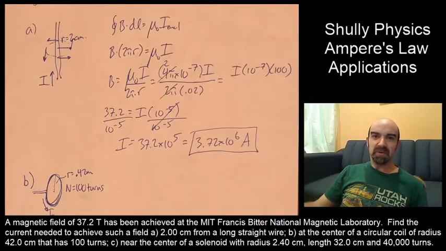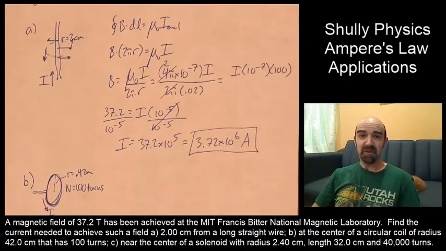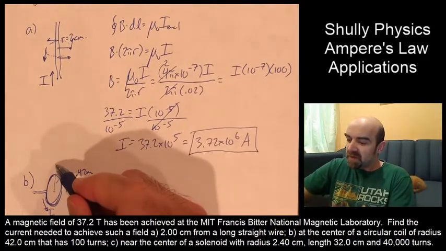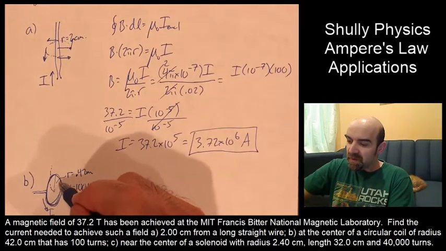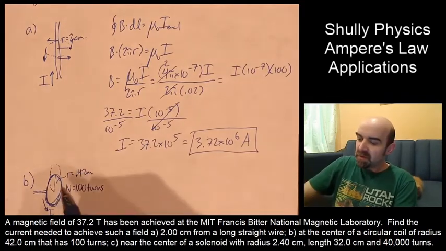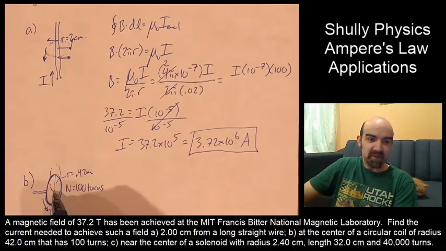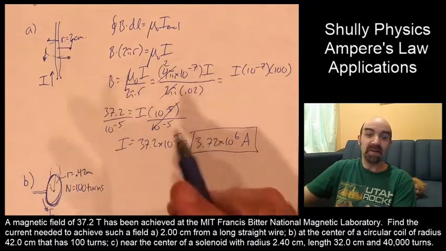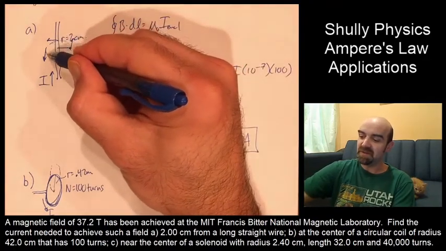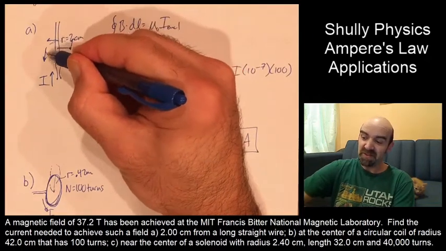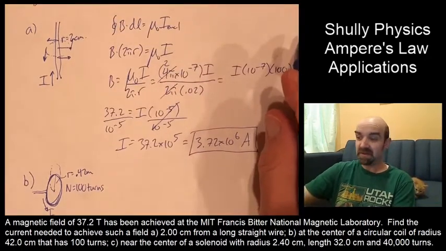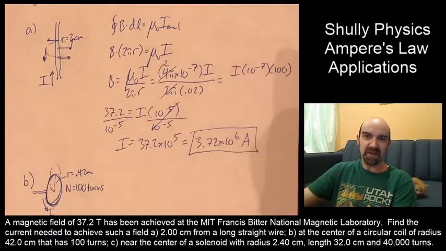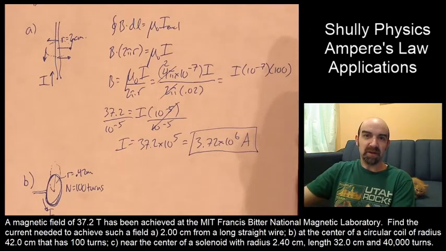Now in this scenario, you won't be able to use Ampere's law. You're going to have to go back to using the Biot-Savart law. Now the reason is, if we take a loop like around there, we're only really looking for the magnetic field specifically at the center. We're not looking for it way out here. The magnetic field out here is going to be different than it is in here. That's different than our last scenario where the magnetic field was constant, or I should say consistent, all the way around that circumference at a radius of 2 centimeters. So there's no loop that we could really define here that has that kind of symmetry. So I'm going to reference the